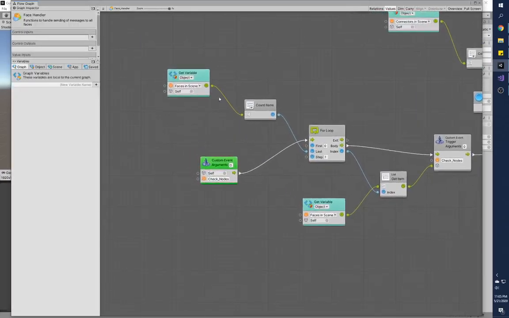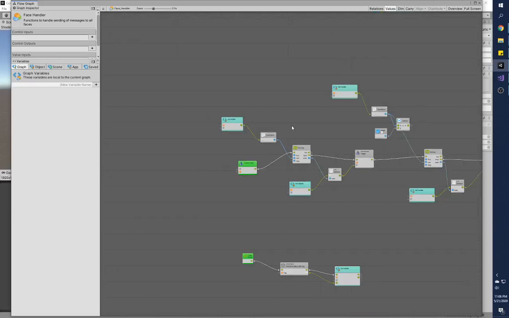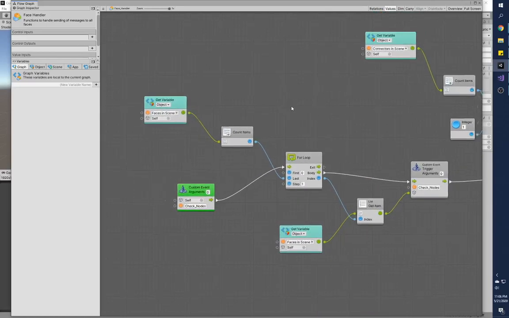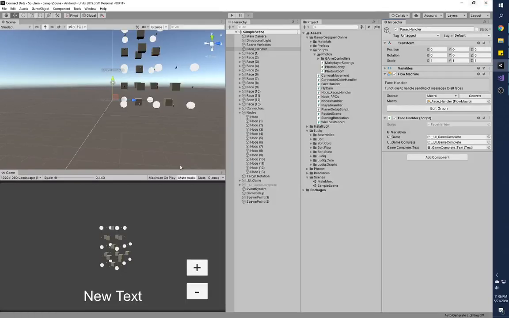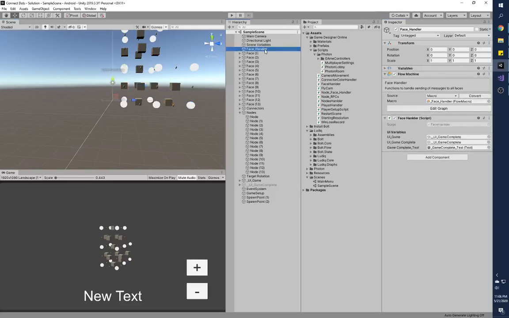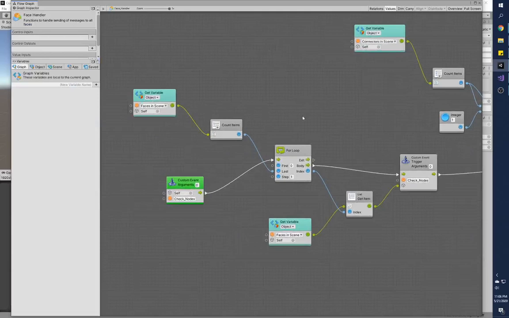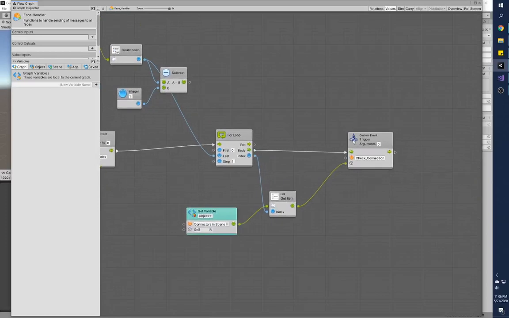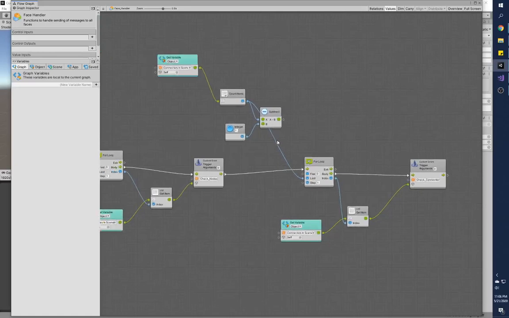If you go over here, faces in scene is an object which is basically a list of faces that is in the scene. The squares that you see on the screen are the faces, and this invisible face handler object is passing all of the faces in the scene into a list. It is also taking all of the connectors,